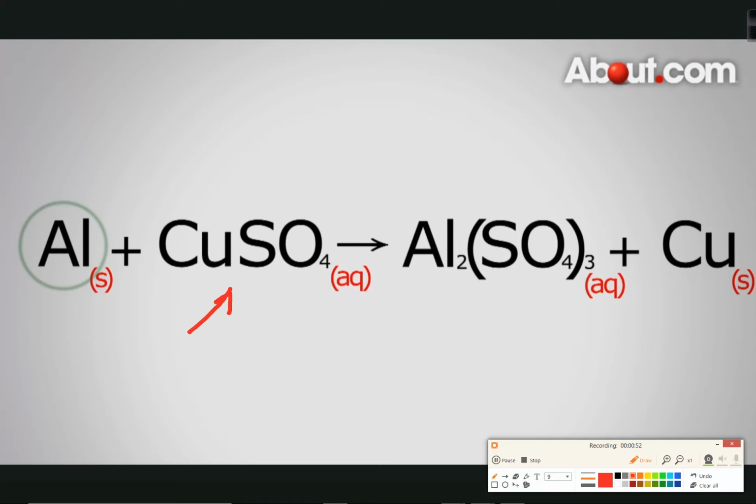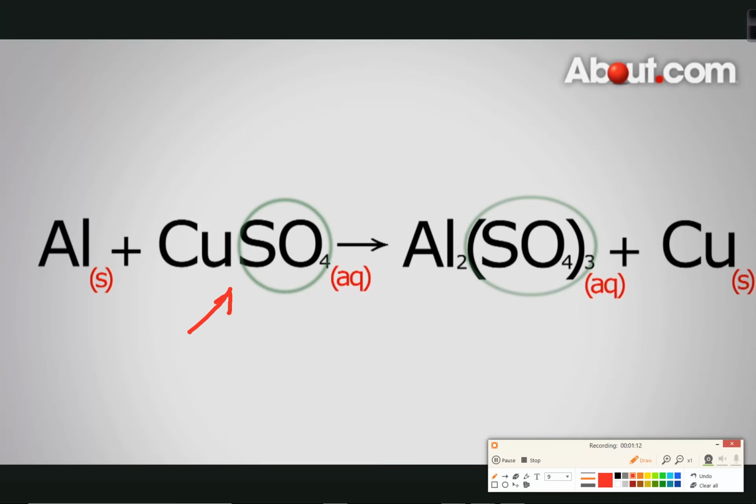We have 1 aluminum on the left side of the equation and 2 on the right, and 1 sulfate on the left and 3 on the right. The conservation of mass law states that we need to end up with the same amount of atoms that we started with. It is easier to balance the lone atoms, so we'll save those for last, and start with balancing